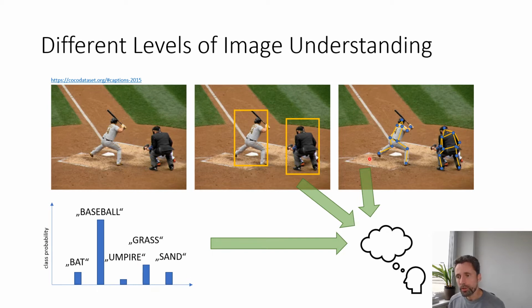But in all these three cases, the output is a predefined set of objects. Whether it's the class probabilities for the predefined classes, or even in the bounding box scenario, those bounding boxes correspond to those classes that are predefined. And here also the pose estimation relates to humans or animals or objects that are predefined. So what if something new is happening, or something's happening that the model hasn't been trained on? So